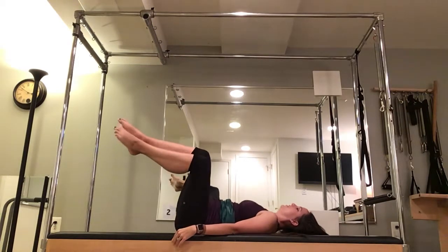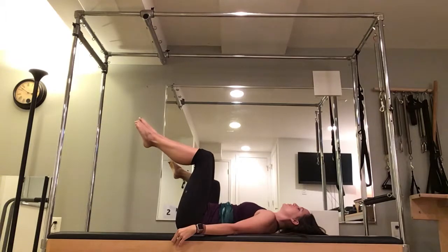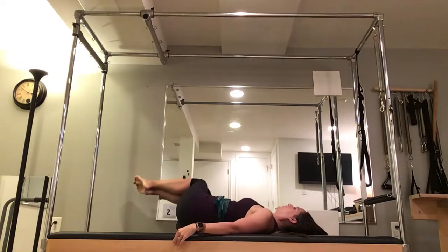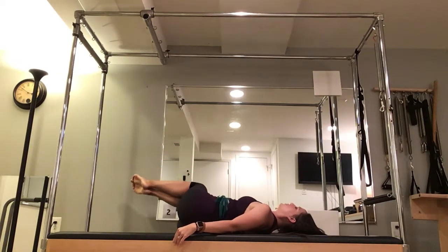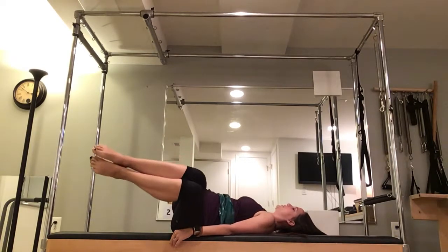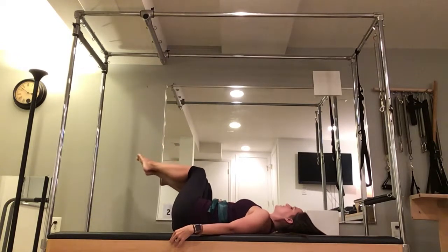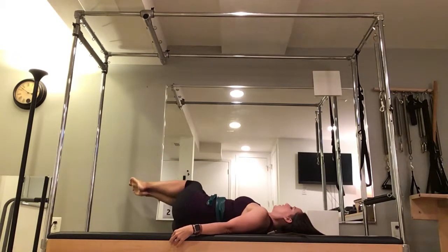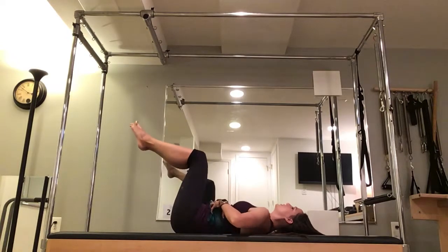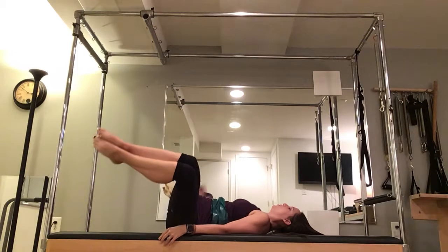Inhale, lower. Exhale, squeeze. And find that nice deep twist using those obliques as you lower. Good. Inhale, exhale, squeeze, pull it back up. Inhale, lower. Exhale, squeeze. And it's all about keeping those abs in as tight as you can. It's all about keeping your head down and focusing on that abdominal contraction when you're pulling that navel in and